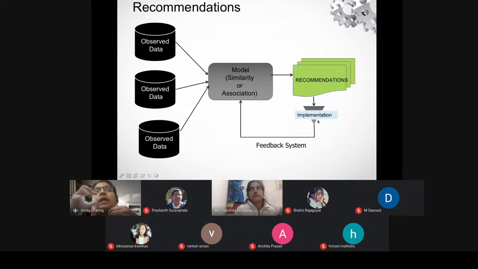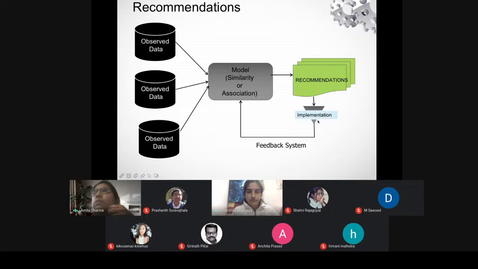Based on that similarity and association, we create a model. That model generates certain kinds of recommendations or certain kinds of rules. Based on those rules, we can plan our action. So basically, in this model, what we are doing is gathering data from various channels. We are putting it into our database, or in a data warehouse, or in a cloud, and then we apply a similarity algorithm, association algorithms, or there are a number of algorithms which we'll take further in the same presentation. What kind of algorithm is basically used for prescriptive analysis?